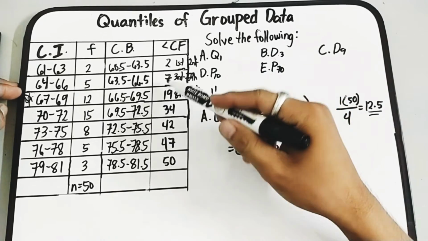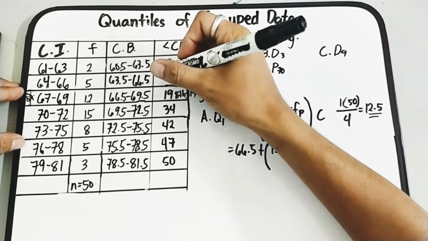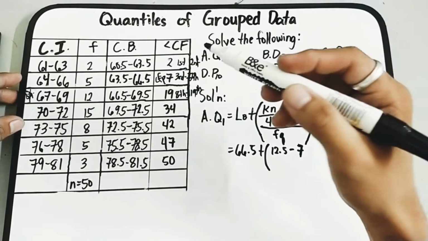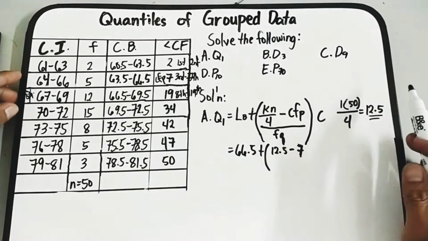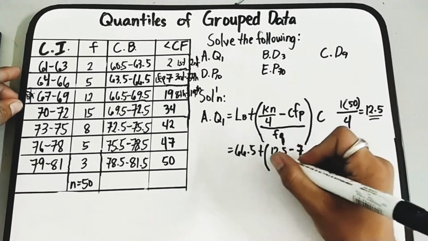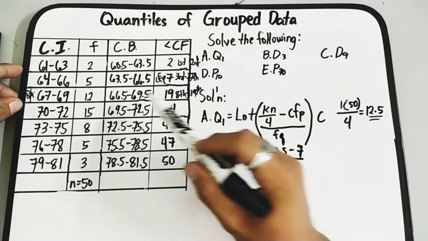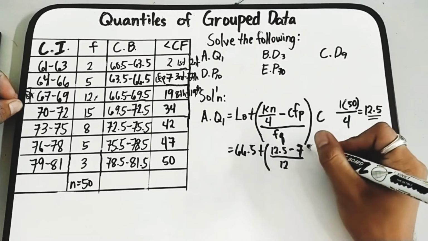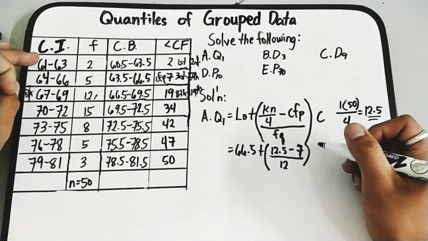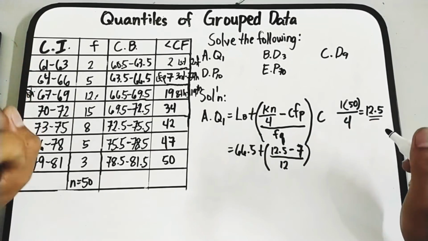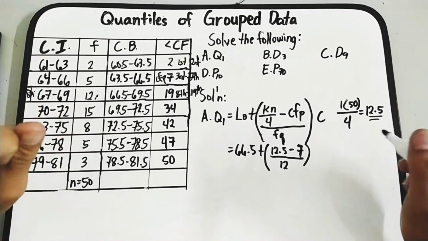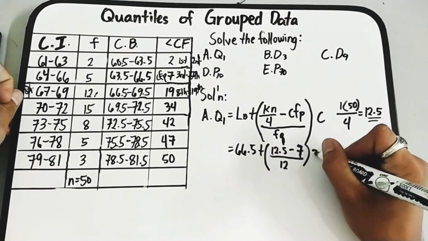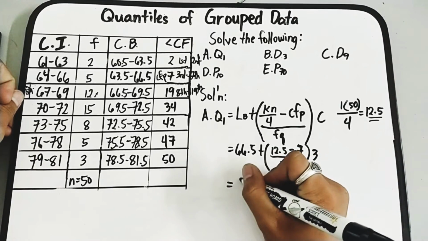Ito, yung bago sa kanya ay yung 7. Therefore, ito yung ating CFB or CFP, cumulative frequency preceding to our quartile class. So, nakuha na yung 7. Therefore, ano ba yung frequency ng quartile class natin? Ito, yung 12. So, we have 12. And the class interval is, yung range dito, you have 3, which is from 61, 62, 63. Merong tatlo. Okay? 67, 68, 69. Tatlo. Therefore, 3. So, let's compute 66.5